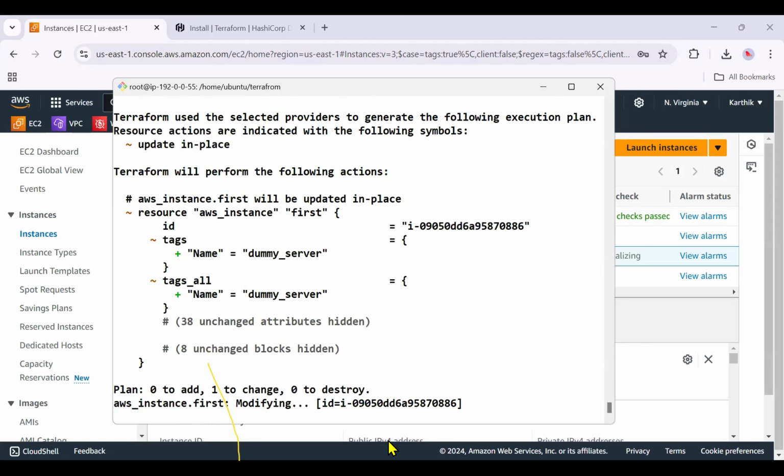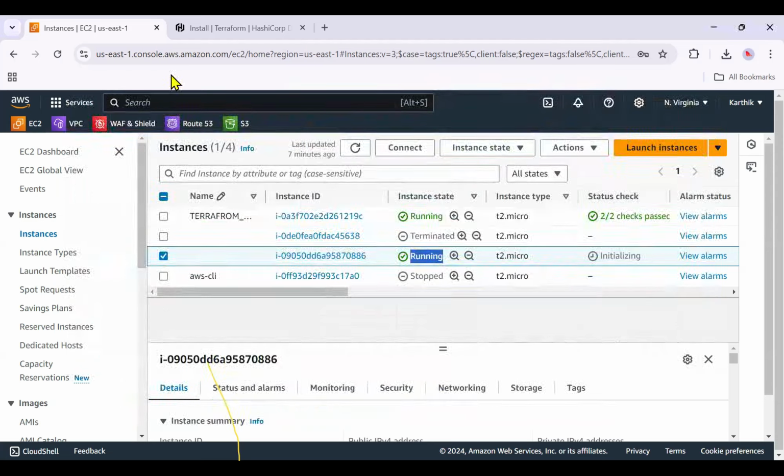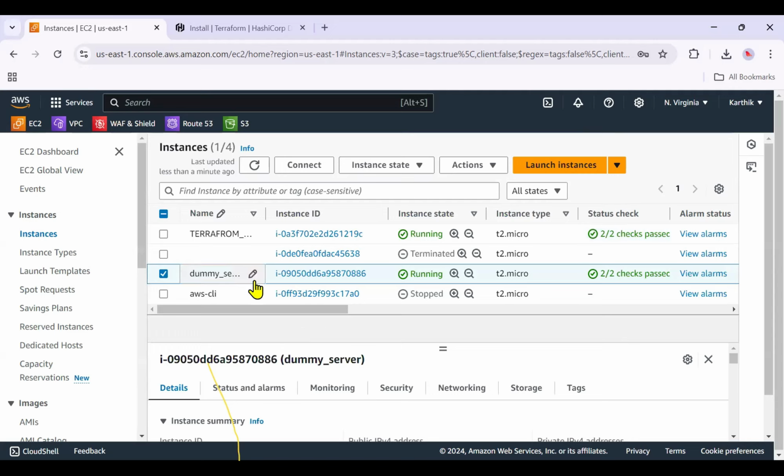If you're confused why I'm using auto approve here, whenever you run Terraform apply, it asks you to type yes, right? Now it will not ask you. Okay, just come back, and if you refresh, see the same name is added to your EC2 instance. Fine. So the final Terraform architecture is,